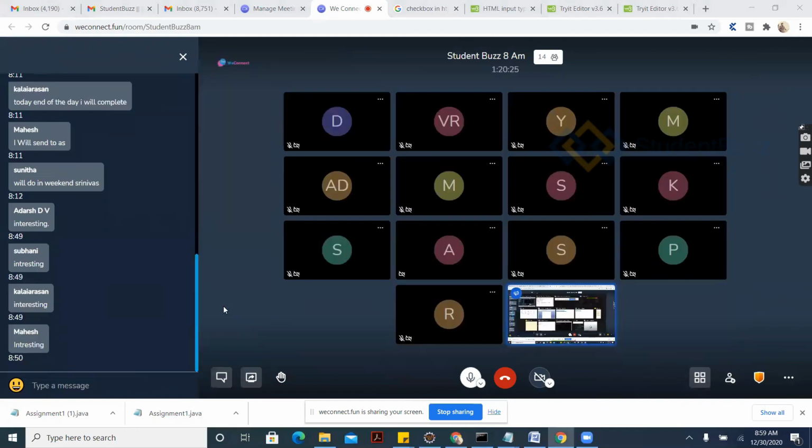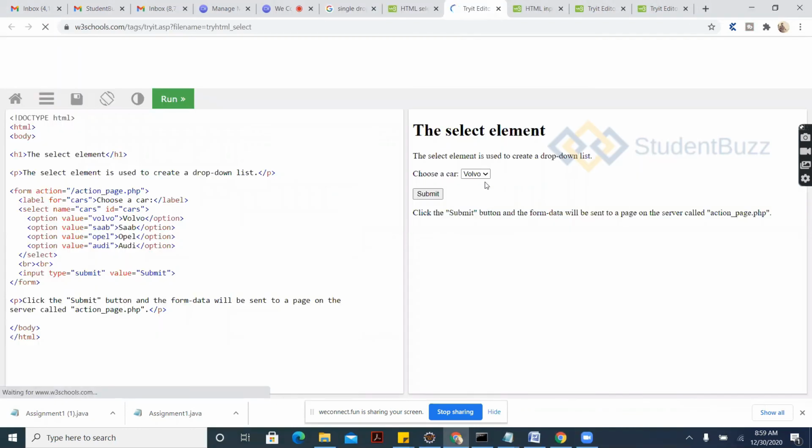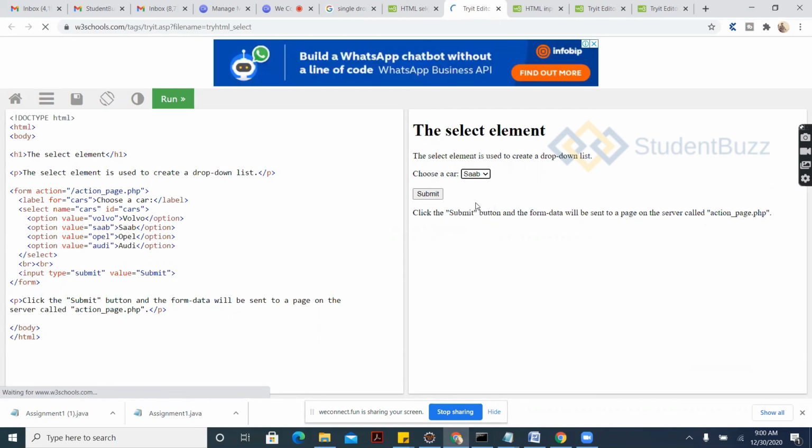You guys may have seen it here: whatever values you have here, it's a single drop down. So you can select a single value. If you want to select another value, the previously selected value will not be there. So it's just a single drop down.